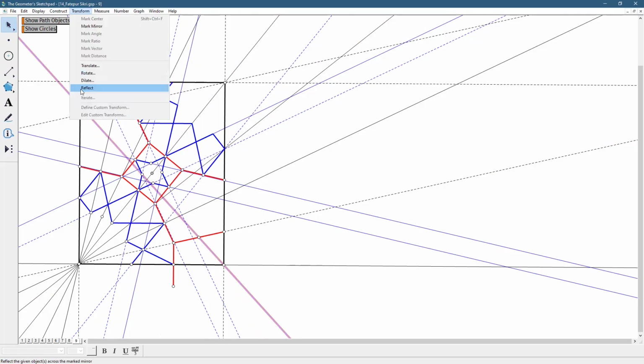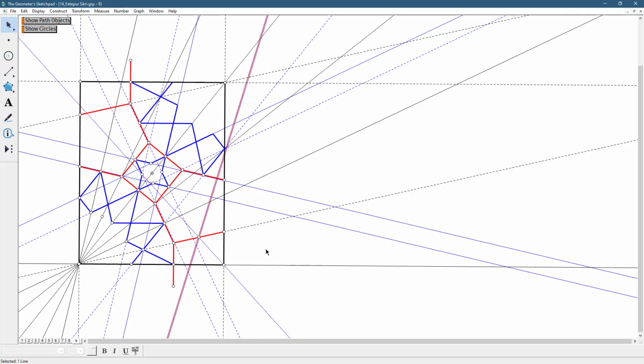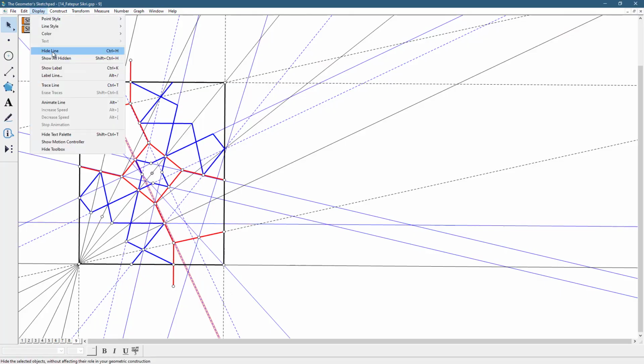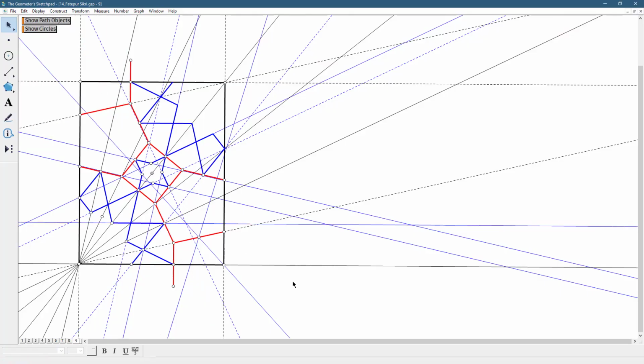Transform, reflect. So we have 2 lines going from this thing. Then I need to get a line passing from here. I know that there are too many lines, so I have to just clean this part a bit. So display, hide this, not this one. This one keep, and hide this line. Okay, so